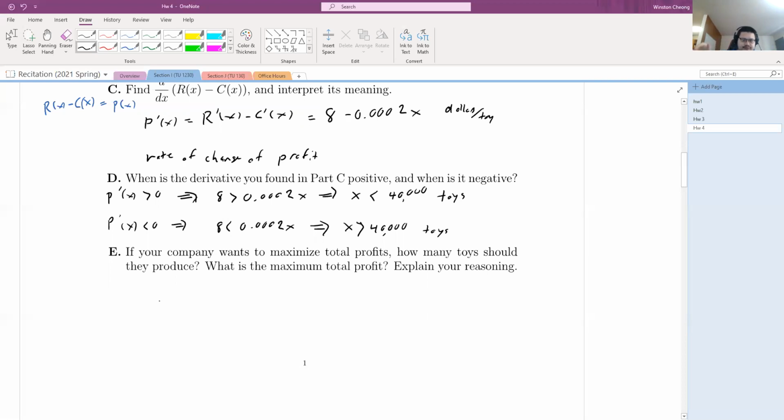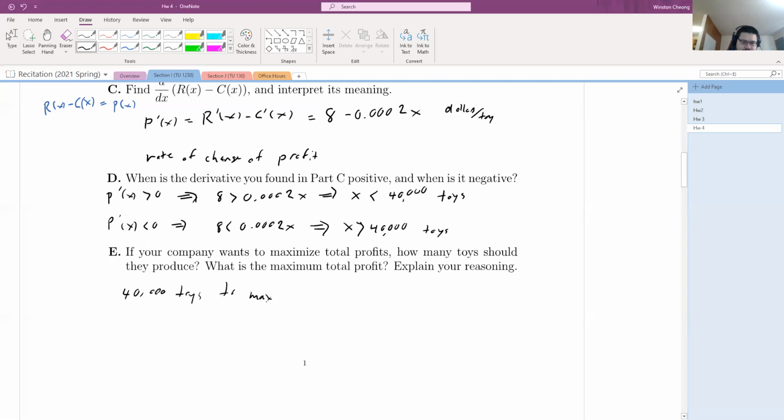up to a certain point and then it starts decreasing once the quantity goes. So yeah, when we interpret this, this is saying profit is increasing as long as the amount of toys you're producing is less than 40,000, but greater than 40,000, the profit is now decreasing. So to maximize the profit, how many toys should you produce? That should be 40,000